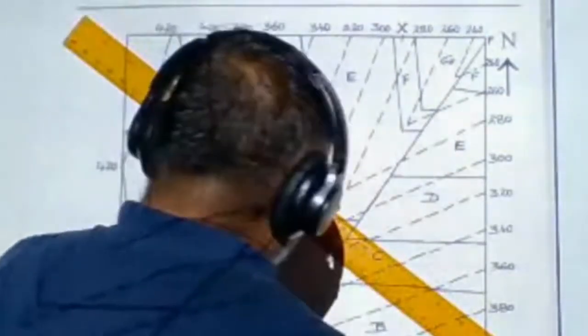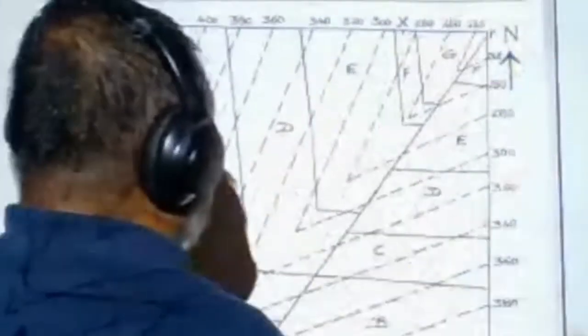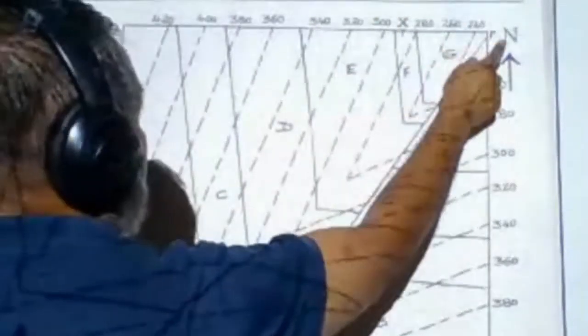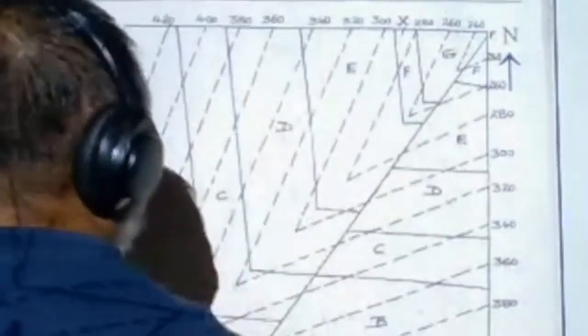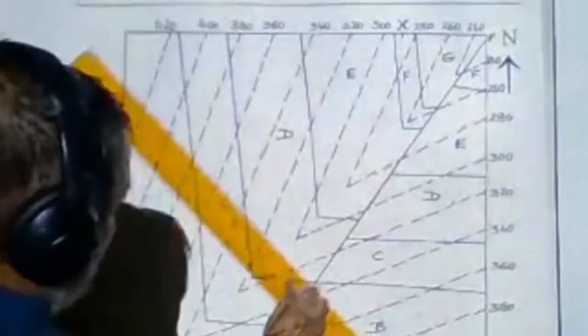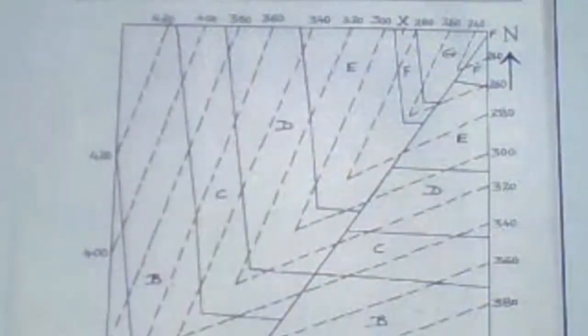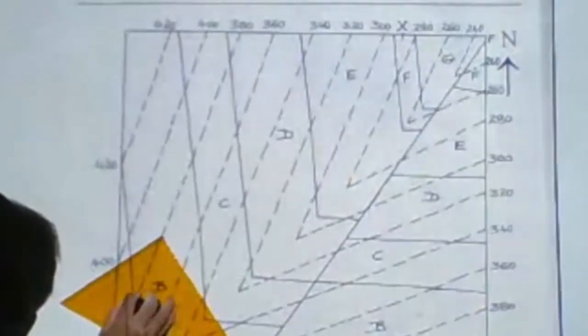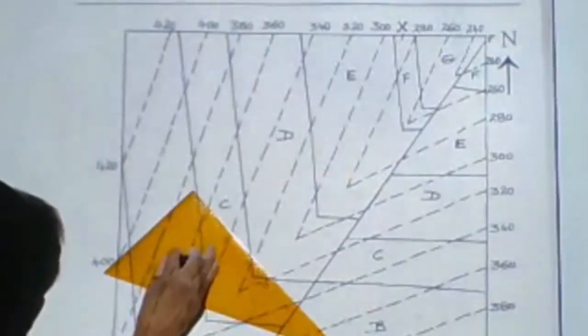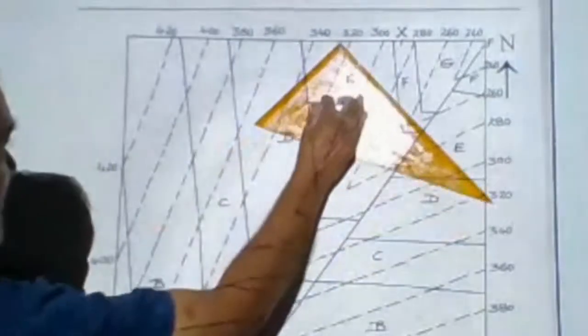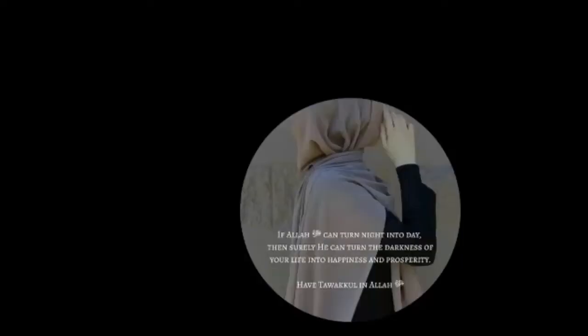Draw the strike line and slowly orient the paper so that this particular F point comes on this side, and now do it properly. This strike line you have to do at a glance. I'll show you how to draw this particular point. Once you are done, keep this protractor and, coming out one by one, all the points have to be joined. This is the way you have to do it.